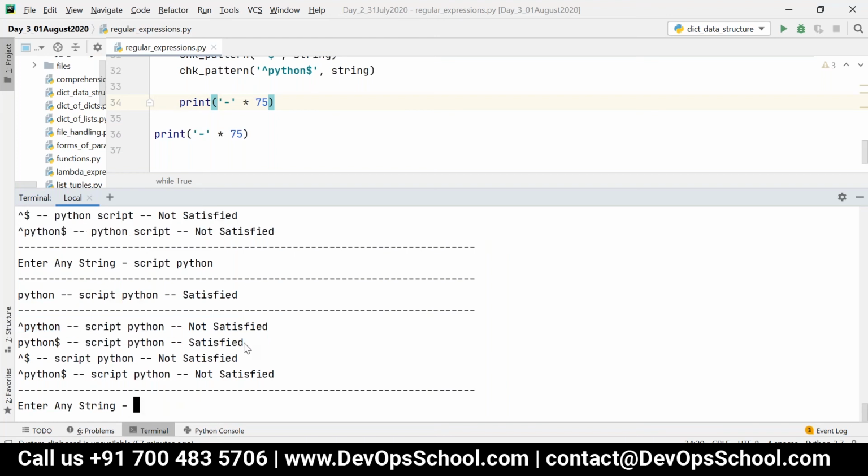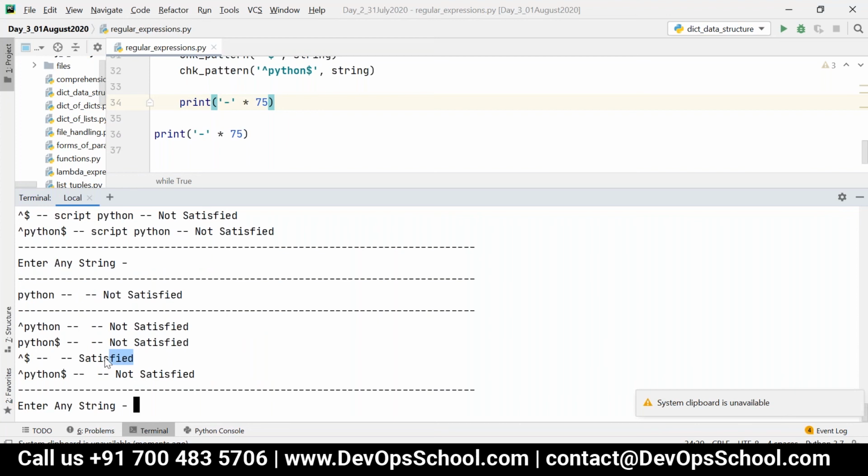Now you can see the second one is satisfied because it is ending with Python. If I am not entering any input, the third one will be satisfied. It's an empty string. And for the fourth one, I give the input as Python is Python. In this case, starting with Python is satisfied and ending with Python is satisfied.